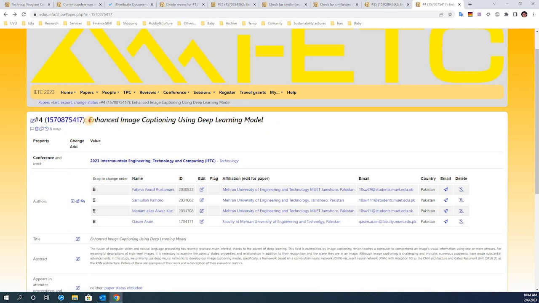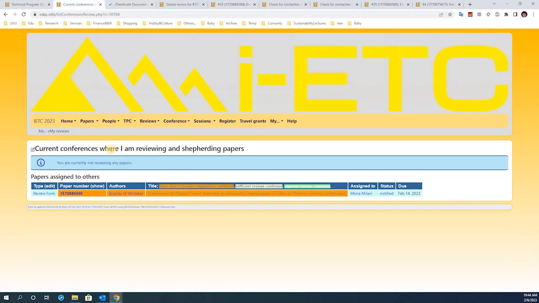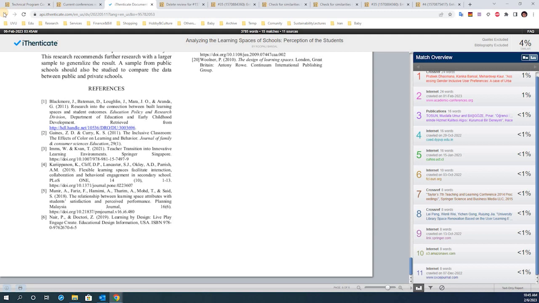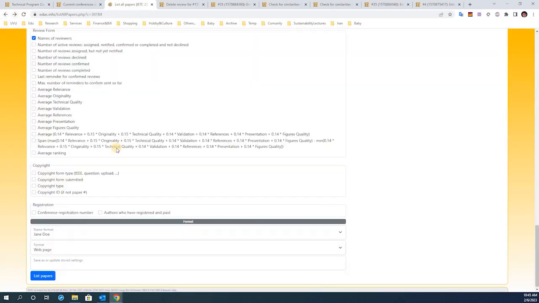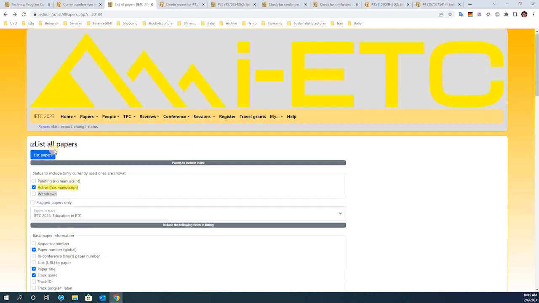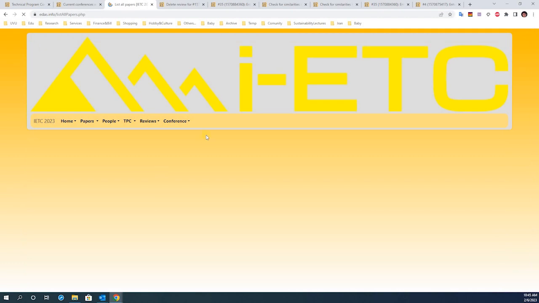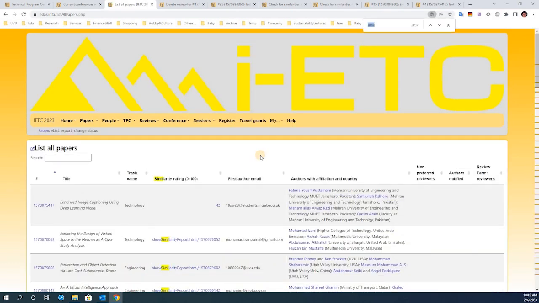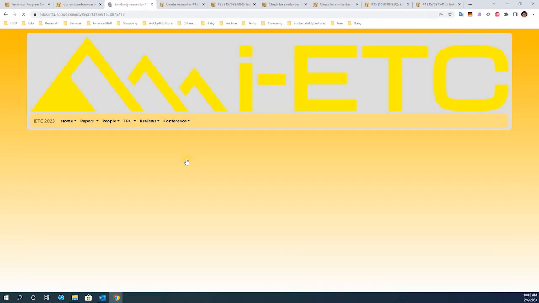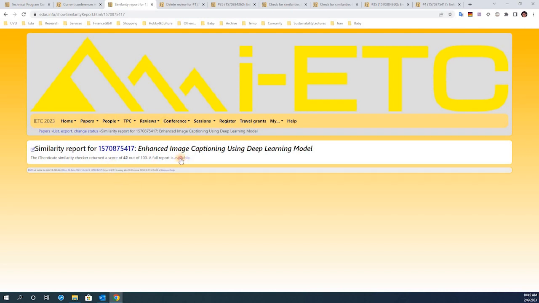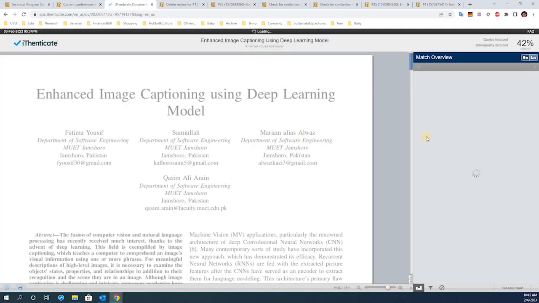So what I do is go here, and when I list these papers, I just say list them all, in all the tracks. And now whatever it gives me there, I can find the paper by searching in the page. It's much easier to click on, and it's not going to go away. And then by clicking on the report, I can see